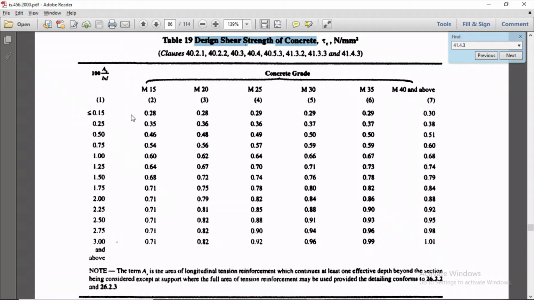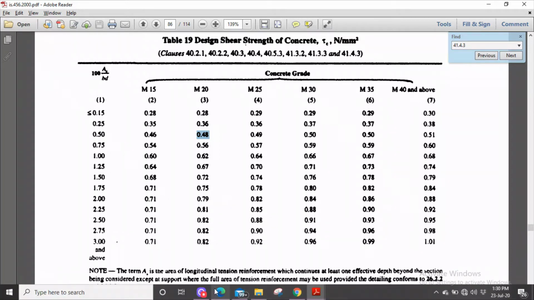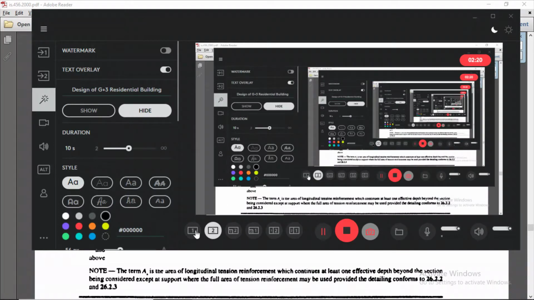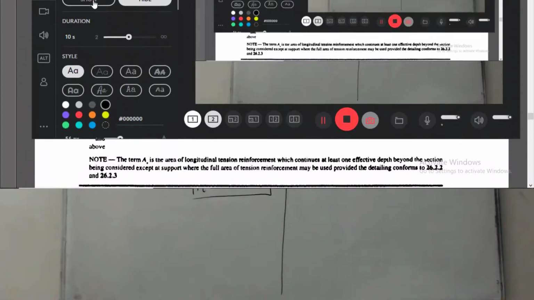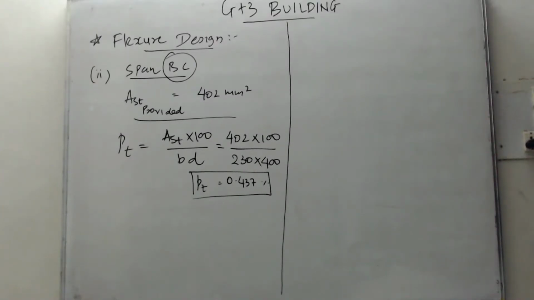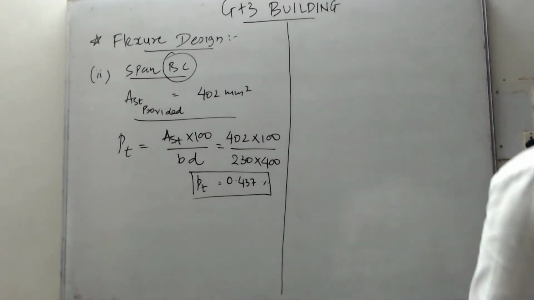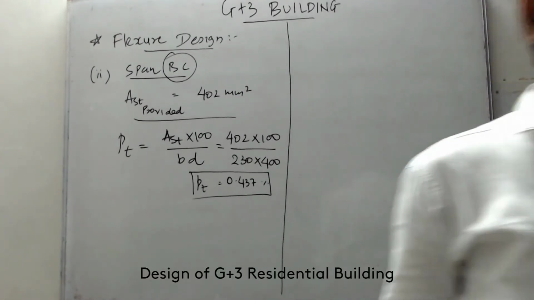So we got our PT value as 0.437. So it will be between 0.25 and 0.50. For grade M20, 0.36 and 0.48 are the two values between which our tau C value will be. So we need to do the interpolation. After doing the interpolation, let me write down the value of tau C that I am getting.